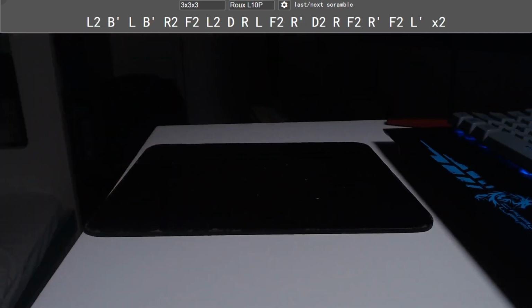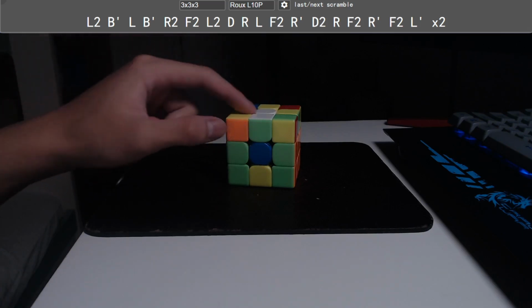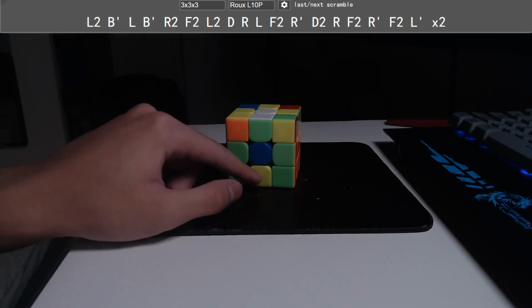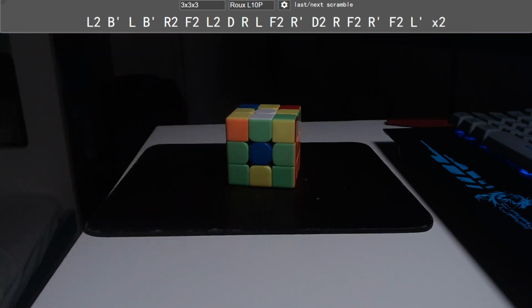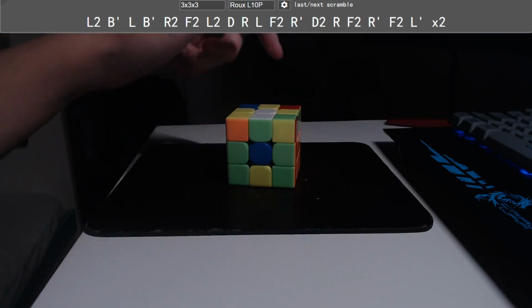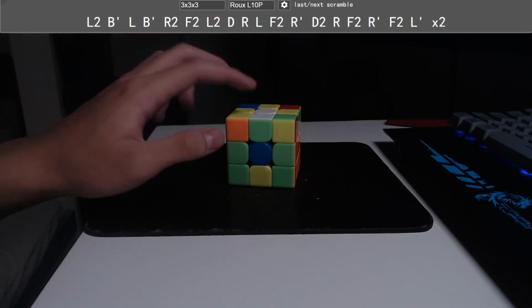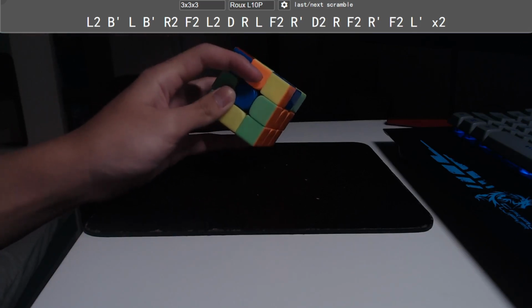For the next one, I basically see no bad edges over here, and I see that this is misoriented, so I won't know what edge this is, and I don't know what DB is because I don't keep track of that. So what I know is that my diag soon will make, I'll have to do a U2 and it'll misorient these two. So after I do my U2, I notice that this one is my LR edge and it will